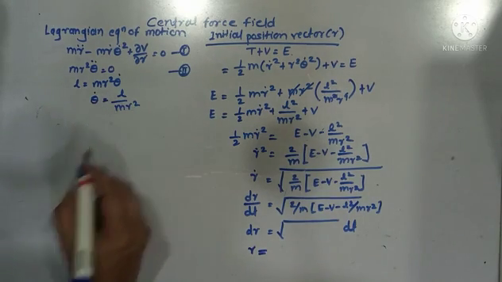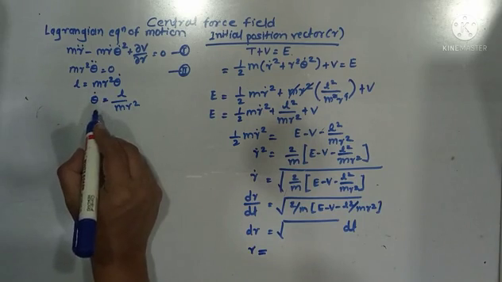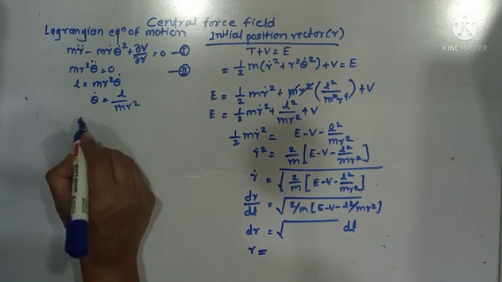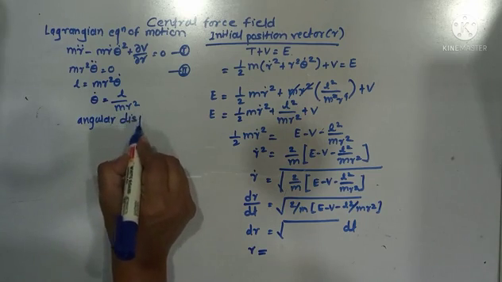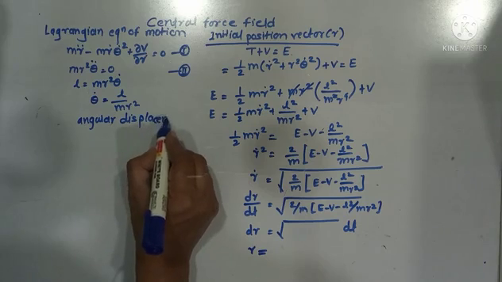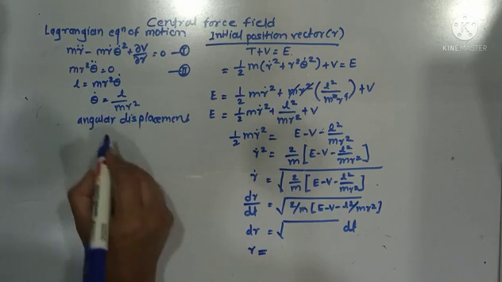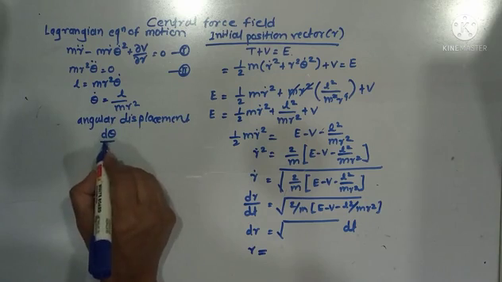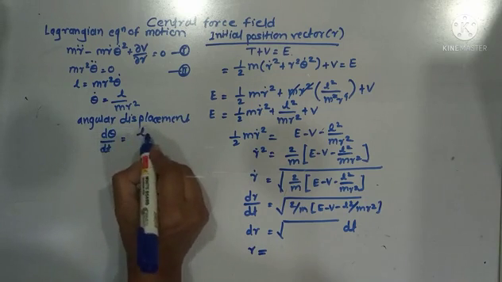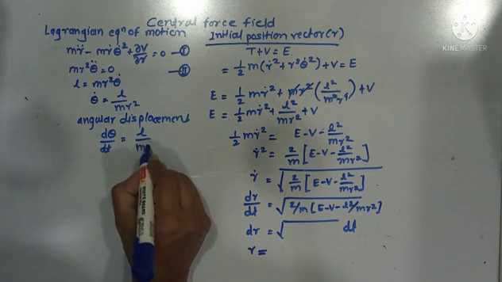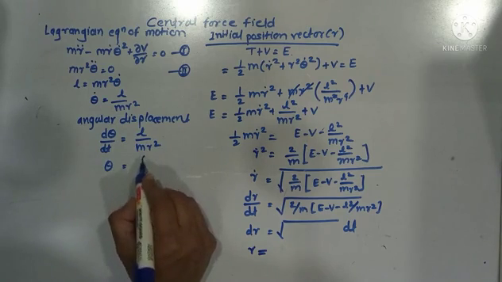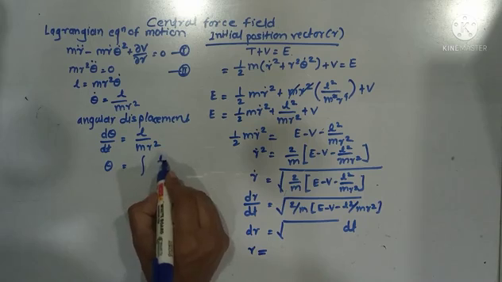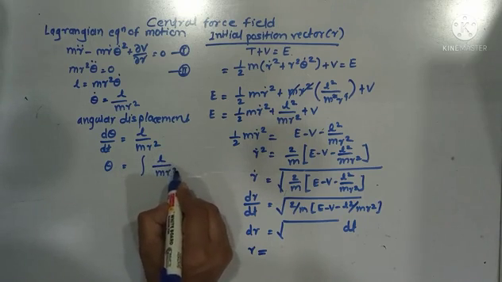We can also calculate the initial angular displacement vector by using this relation. So this dθ/dt is equal to L/(mr²). If I want to calculate this θ, I can take this integration of this L/(mr²)